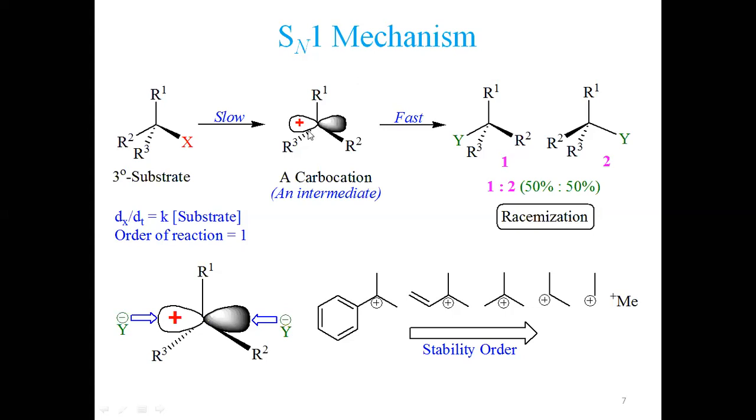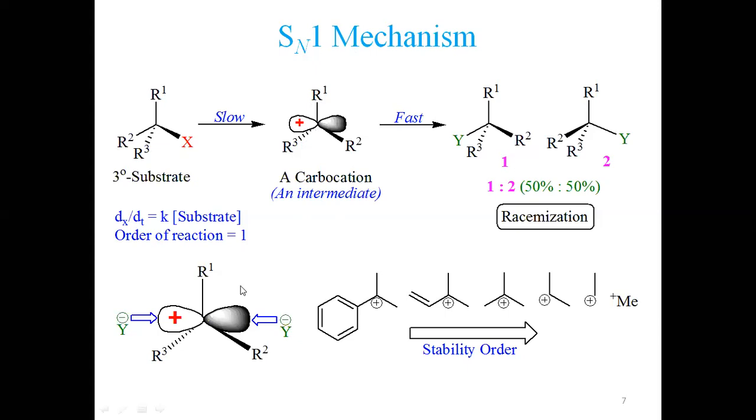but not always. It may be secondary, because if it is a secondary carbon, let's say R3 is hydrogen, it may also undergo SN1 mechanism. SN1 and SN2 may be competing. You shall see that later. I am just going to let you know that a secondary carbon may also follow the SN1 mechanism, but it shall not be 100% SN1. It may be competing with SN2 as well.